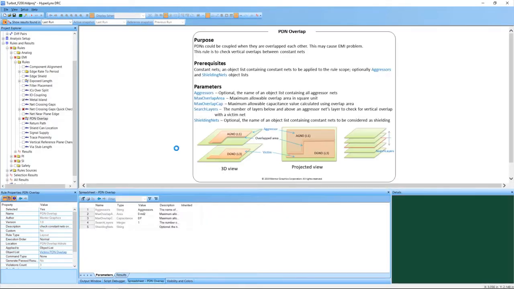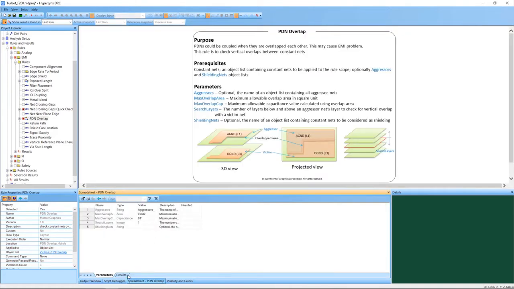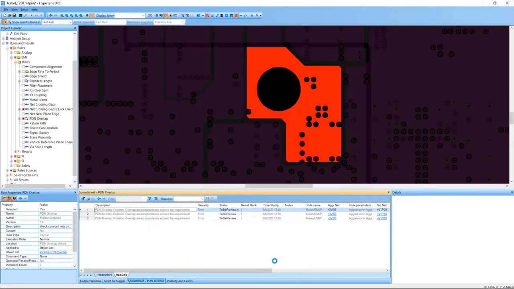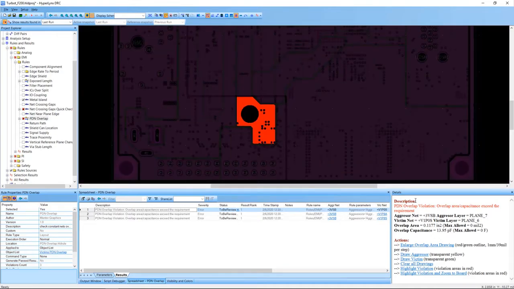The next rule out of the box is called PDN Overlap. It is possible for overlapping power delivery networks to couple to each other to cause unwanted electromagnetic interference. Running the rule, we can see we actually use 2 object lists here, a victim object list and an aggressor object list, and finding a violation, we can see in the details window which nets were aggressing or coupling to